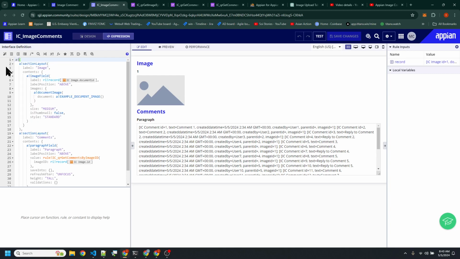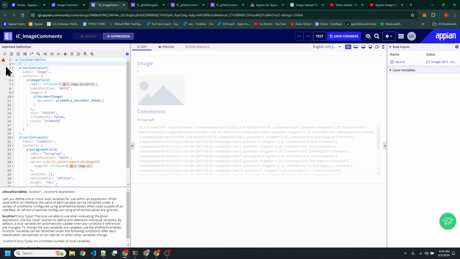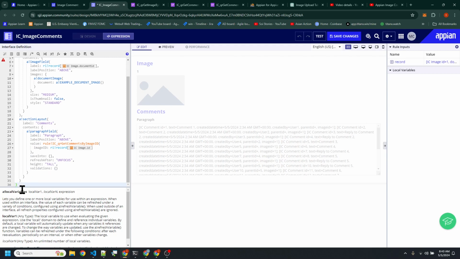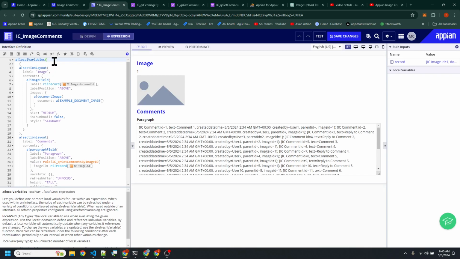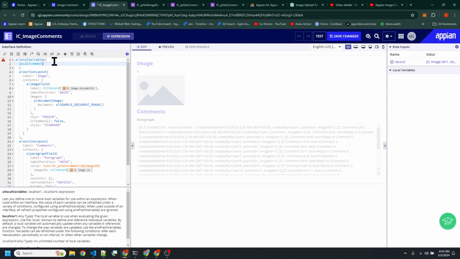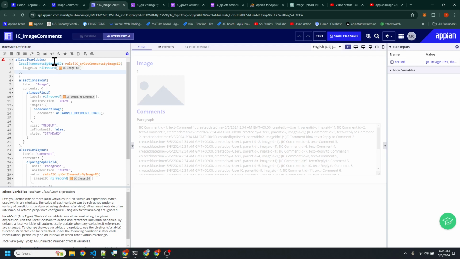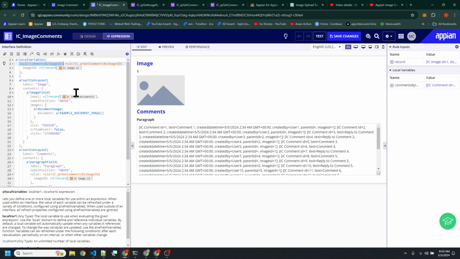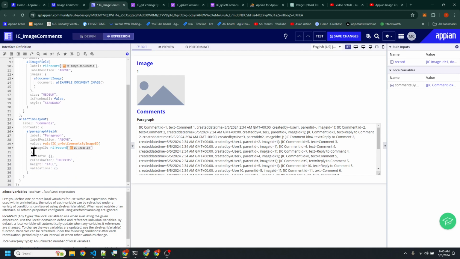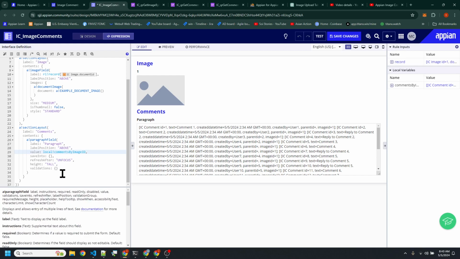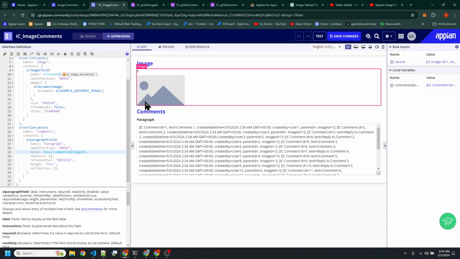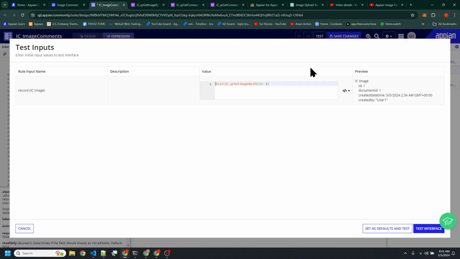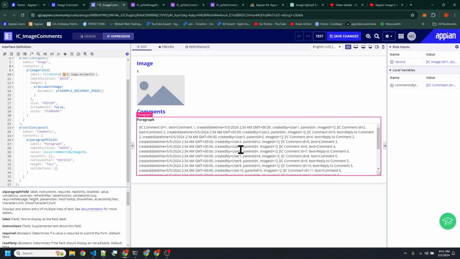I can probably do a bang local variable here and then just close it off properly, right? And then put my variables up here and I can say comments, or comments by image ID or something like that. Boom. And then I have this comments by image ID here that I could just throw into this, right? Because when the page loads up, what you want to see is all the comments ready for this image here, right?